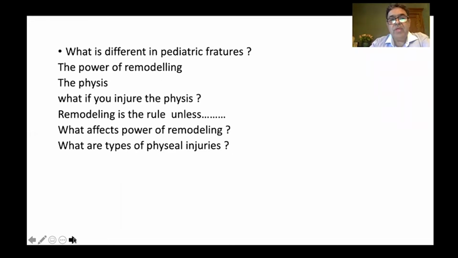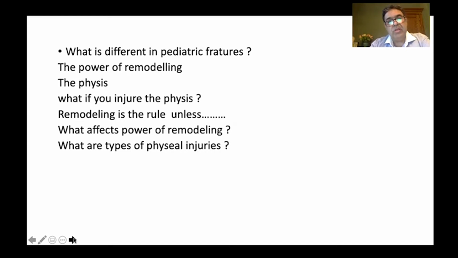We should think about what's different in pediatric fractures. When you're dealing with a pediatric fracture, of course, somebody will say that we have a very great healing power. We have soft bones that fracture very easily, but fortunately, the fractures are most commonly greenstick fracture or buckle fracture or plastic deformation. But what is the most important difference between a child fracture and an adult fracture is